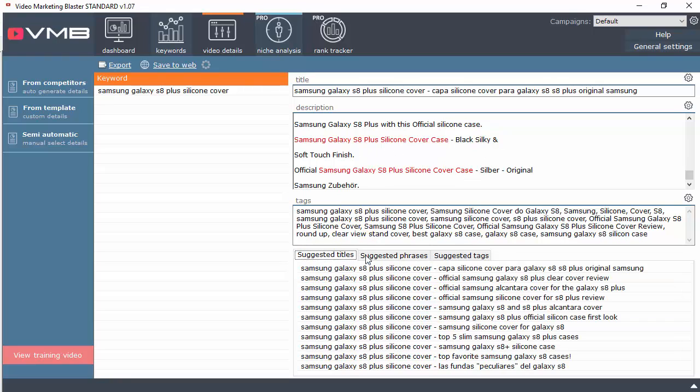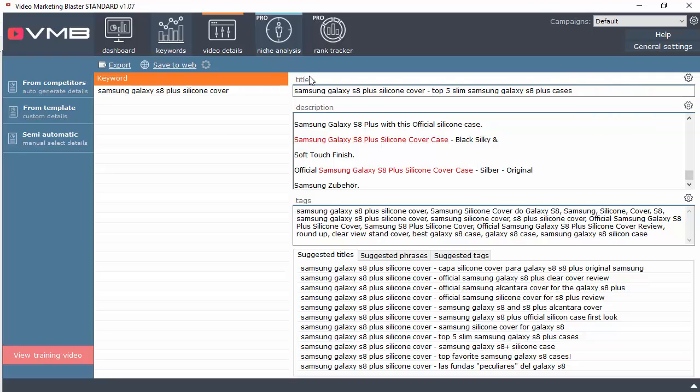Now you also have a lot of suggested titles. So in case you don't like the title that's been automatically generated, whenever you want you can pick a different title by clicking here. So we can double click here and the title will change, as you can see. Now for the title, description and tags you have various options. So if you click on the settings gear icon, you can clear the title, you can copy it to clipboard, and in case you have a title that has spin text, you can click on spin and copy to clipboard and Video Marketing Blaster will automatically spin the title and copy it to the clipboard.